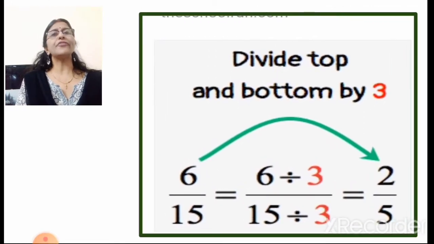6 upon 15. So here both the numerator and the denominator are divided by 3. So here you can see these two numbers are divisible by 3. So 6, which is in the numerator, is divided by 3, and 15 is divided by 3. So 6 divided by 3 is 2 and 15 divided by 3 is 5. So you can say 6 upon 15 is equivalent to 2 upon 5. Now let us do some examples